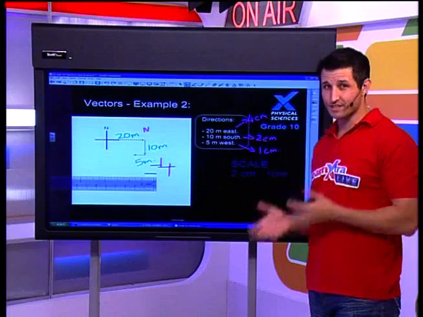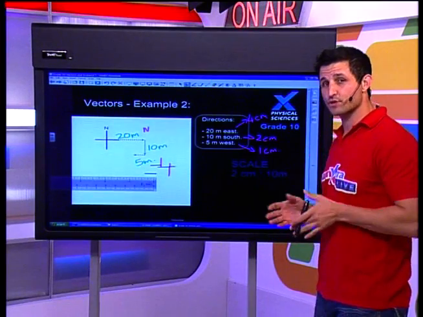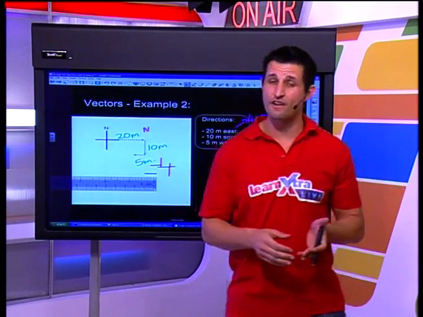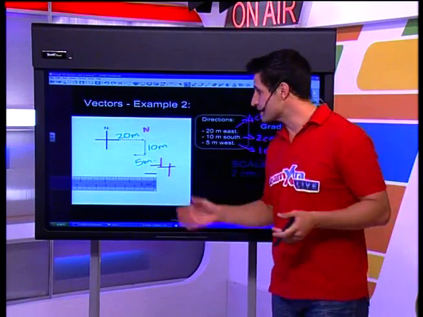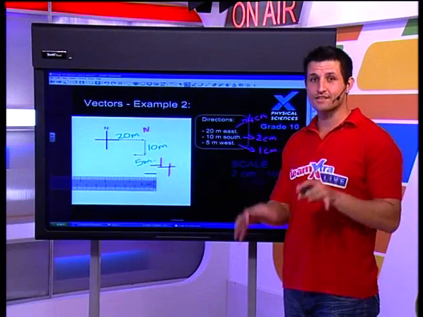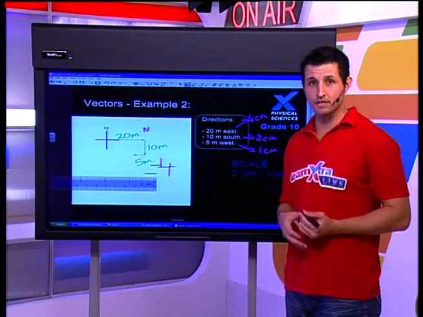If I was to walk, distance is the thing that I care about, because I'd walk 20 meters in one direction, I would turn 10 meters in another, and then 5 in another direction. So what I'm actually caring about over here is how much distance I walked. But now what is the end result? And that is my displacement.